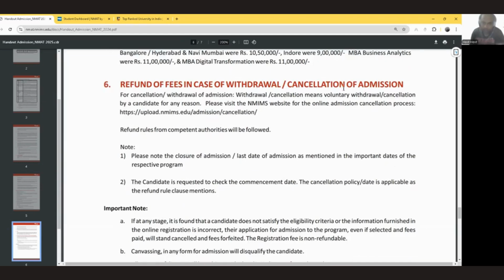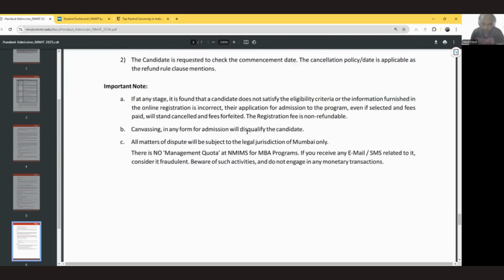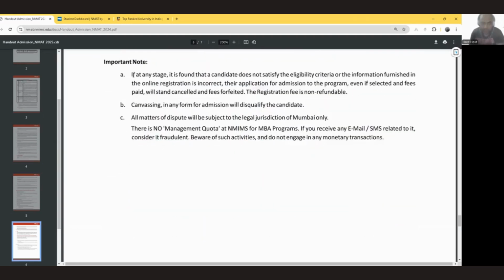Refund of fees in case of withdrawal or cancellation of admission: refund rules are present on their website. You can check. Again, this is all jumping the gun. We'll only worry about this once we secure admission. If at any stage it is found that the candidate does not satisfy the eligibility criteria, the registration fee is not refundable. Everything will be forfeited. All matters of dispute will be subject to the